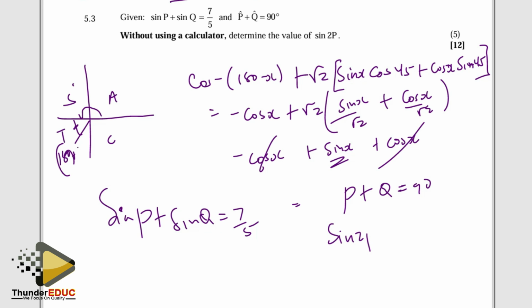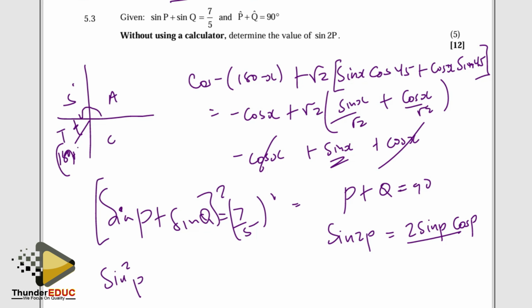Let's see. Sine 2p is a double angle, so it's 2 sine p cos p. Then, how do I create this within this? I can square this. I square that as well. So that's going to be sine squared p plus 2 sine p